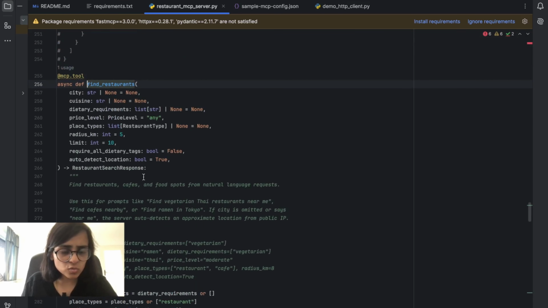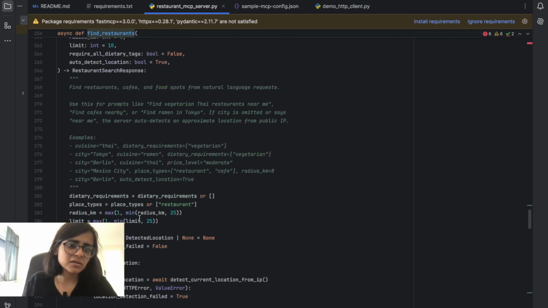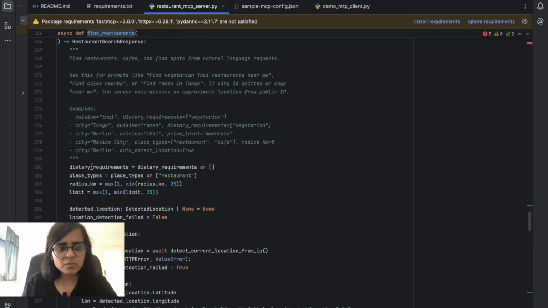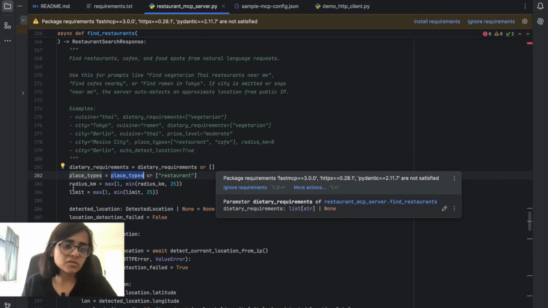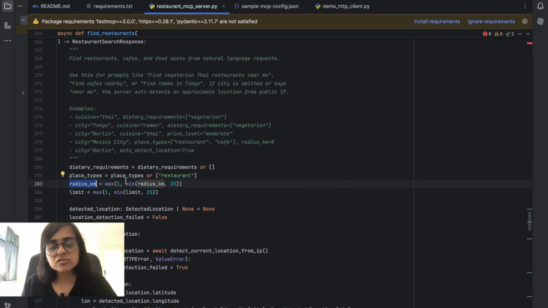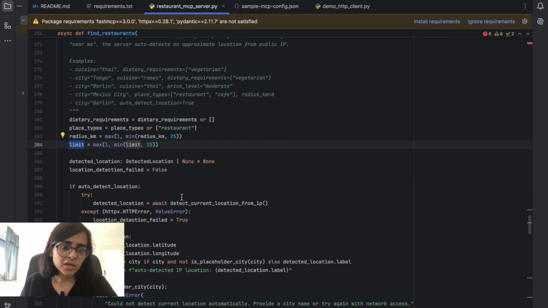When this tool is invoked, it has certain arguments that are passed based on the information it is able to extract from the prompt, like the dietary requirements: vegetarian, non-vegetarian, etc. Place types, whether you're looking for cafes, restaurants, bars, pubs. Radius, in what radius you want the restaurants to be given to you. Then limit, if you want top 5, top 10, whatever, right? Then